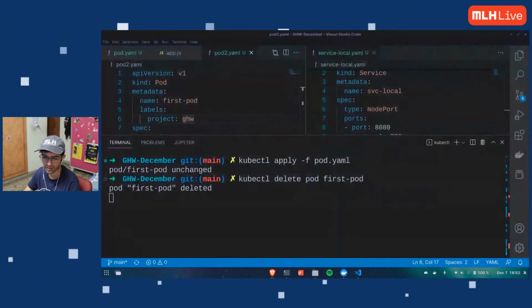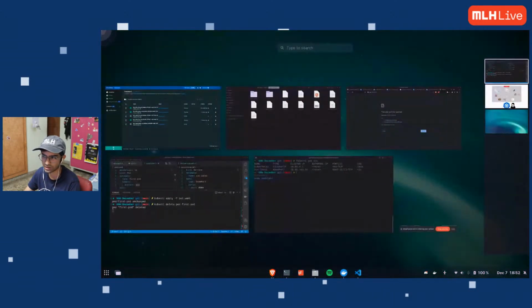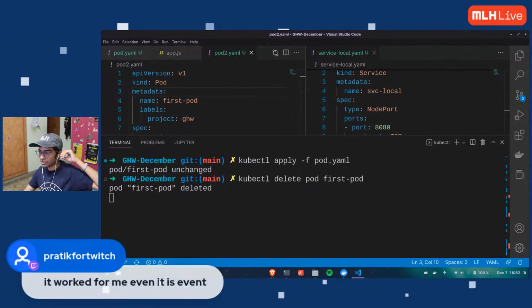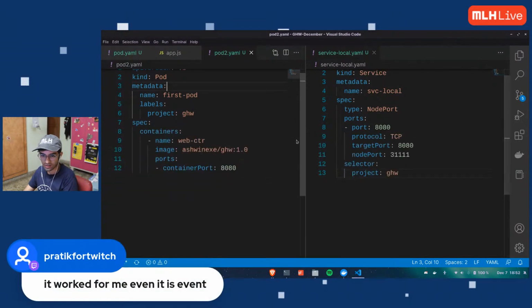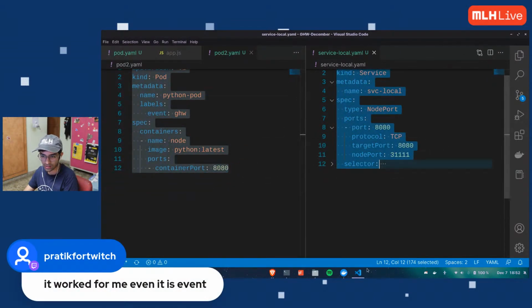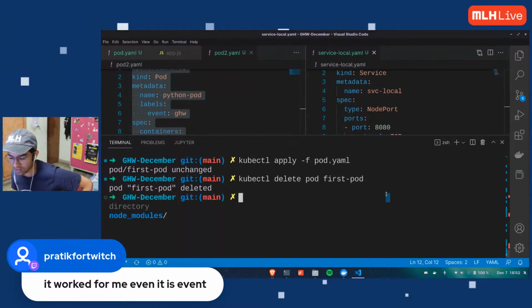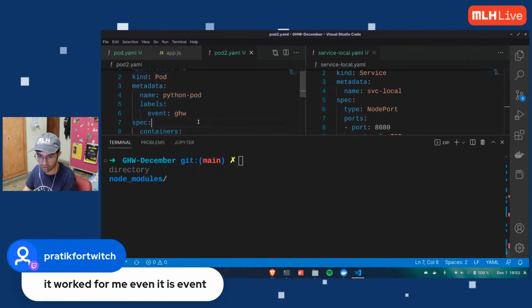That happens like with Docker Desktop. It sometimes is slow to respond, or it just does not update pods at times. It worked for me even with events. Oh, awesome. Were you able to open the localhost? So events should work, yeah. I'm pretty confident. Yeah, 30000. If it said welcome to GSW, congratulations, you just ran it. I'm not going to fall behind you.